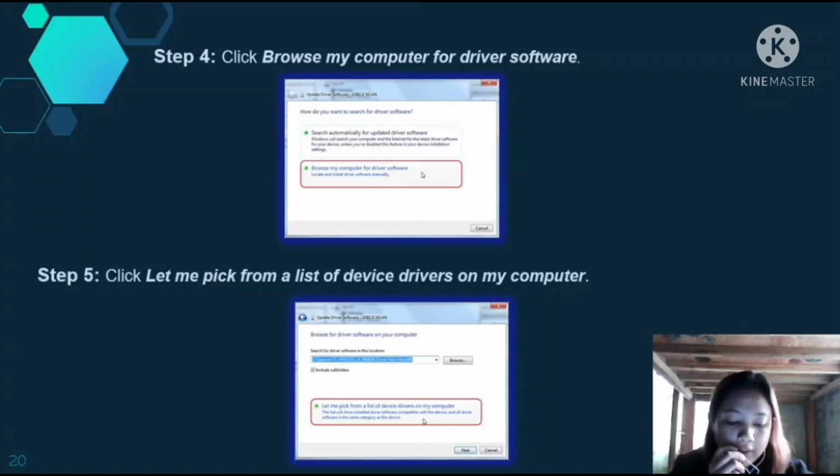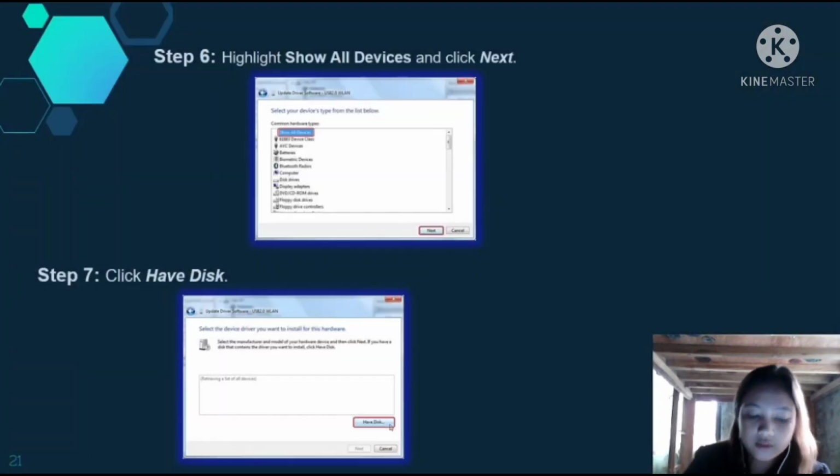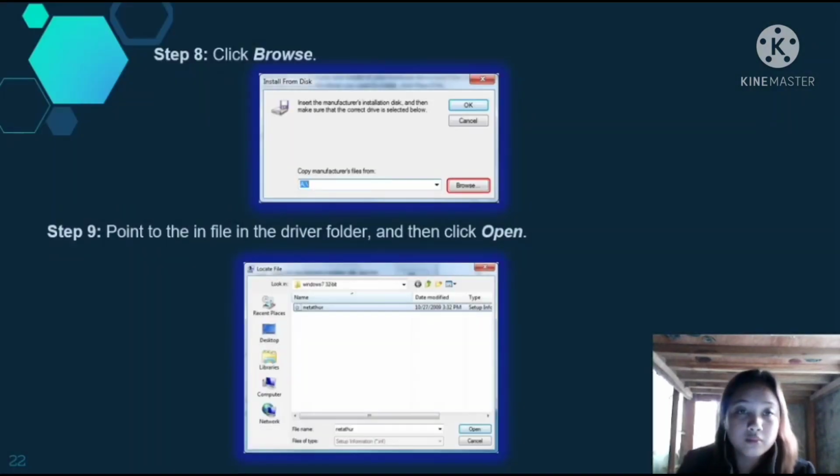And then step 5, click Let me pick from a list of device drivers on my computer. And step 6, highlight Show all devices and click Next. Step 7, click Have Disk. Step 8, click Browse. Step 9, point to the .inf file in the driver folder and then click